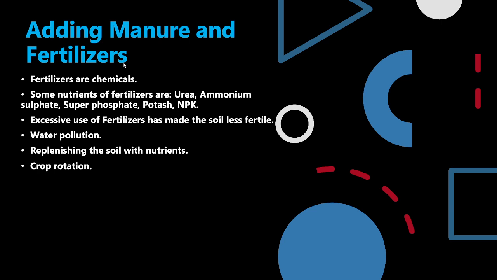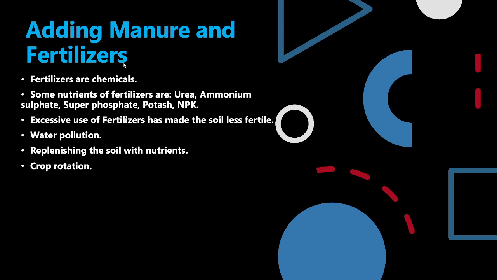Crop rotation is the solution. Suppose I grown wheat on soil, then if I did the cultivation of rice after wheat, so what will happen? Rice will take other nutrients which wheat will not take. But if I grow it line wise, first 5 times wheat then rice, soil will not get time to replenish its nutrients. So we should grow crops alternately so that soil can replenish its nutrients. This is called crop rotation. I hope you understood about this.